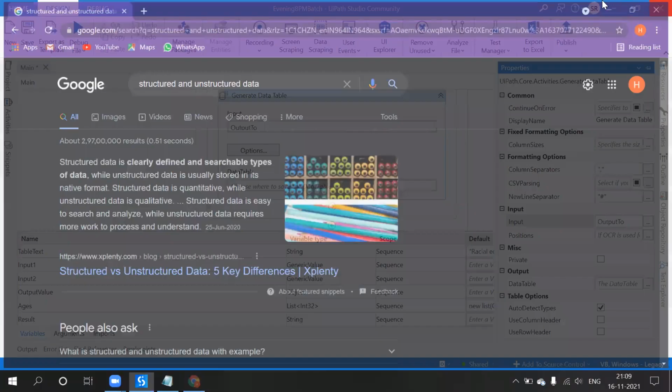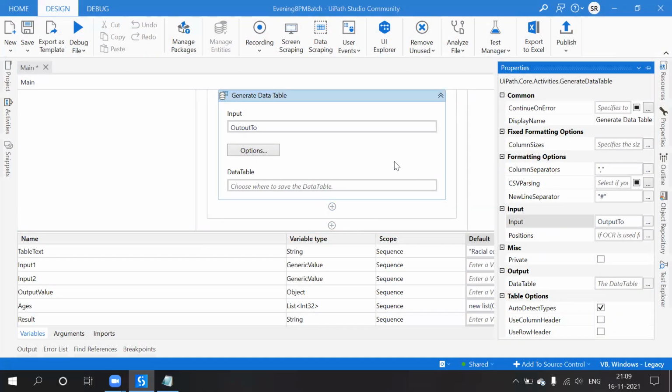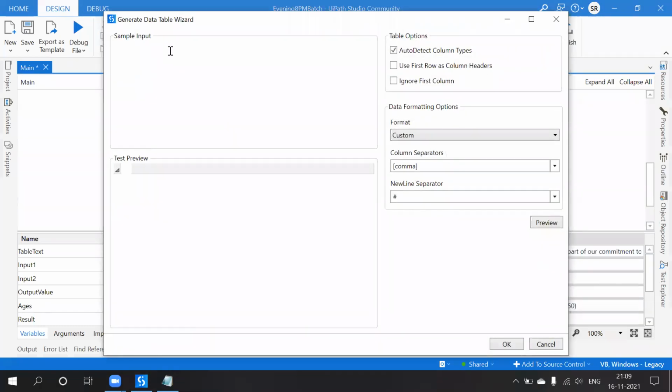So what is the normal text when you provide? That comes in the form of these options: first row as column headers, or ignore the first row. Use first row as a column header. So what are the data formatting options?